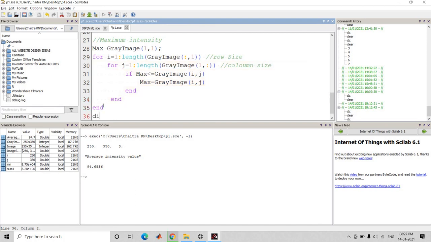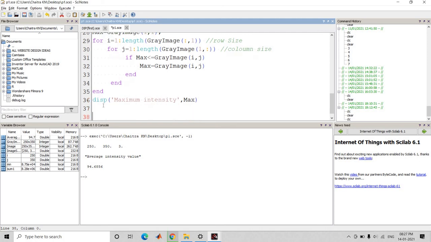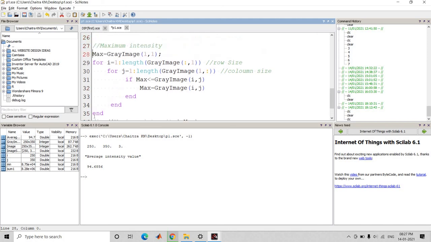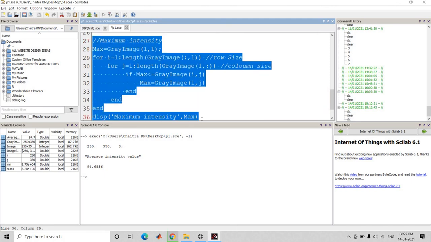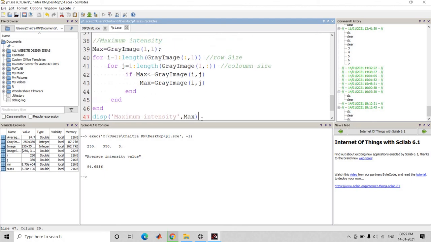So again we have to display the maximum intensity value. For that, maximum intensity is equal to max. So this is for maximum. Like that we have to do the same for minimum intensity value. Copy this and paste here.